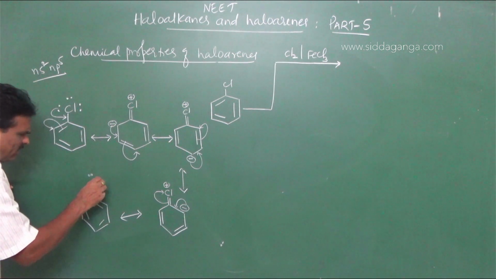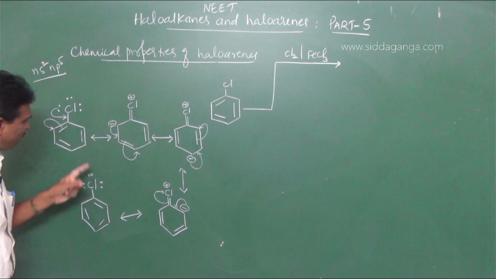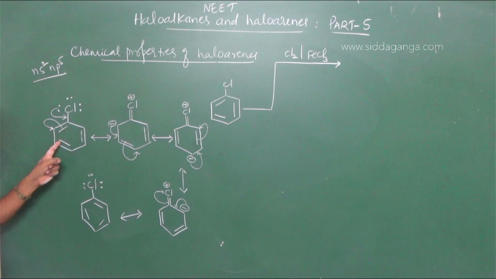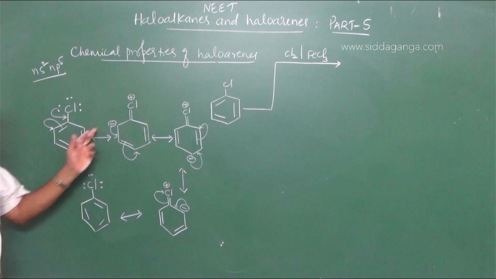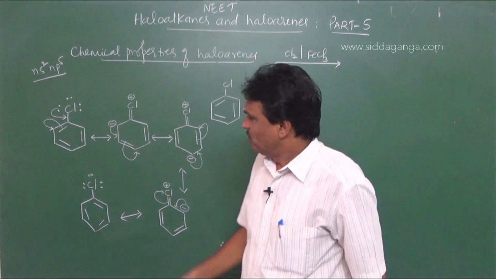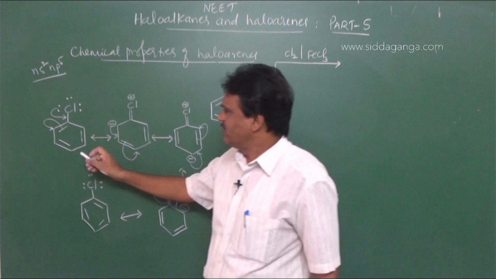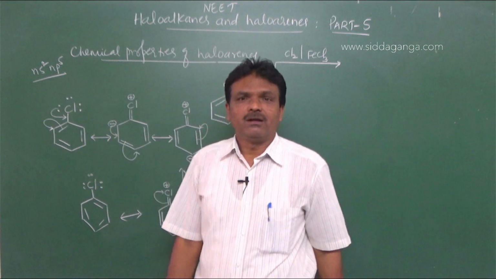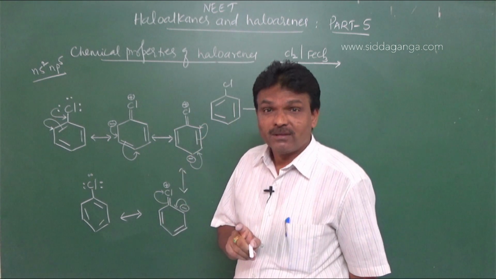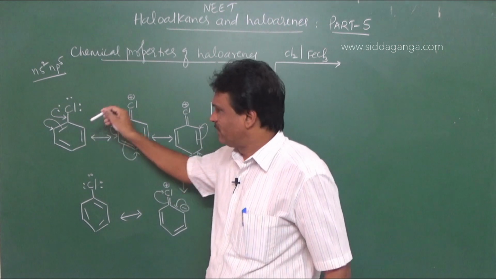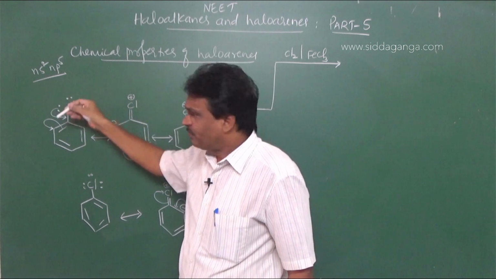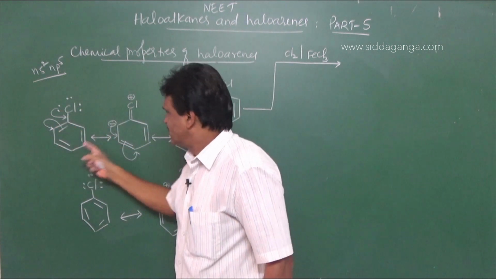Note, the first and last canonical structure differ in the position of bonds. So there are 5 contributing structures. 5 contributing structures are possible for chlorobenzene. So in chlorobenzene, due to the resonance effect and the positive mesomeric effect, because an atom or a group of atoms can donate a lone pair of electrons towards the conjugated pi system,